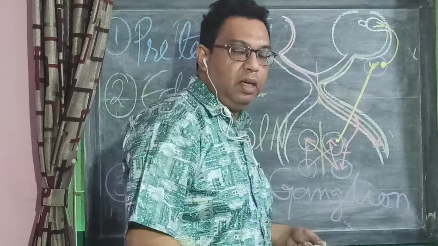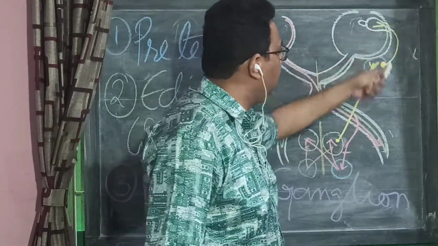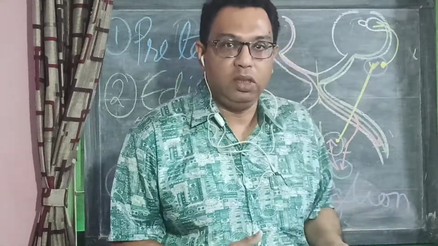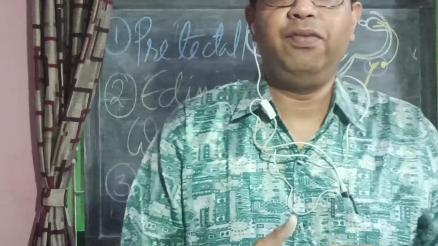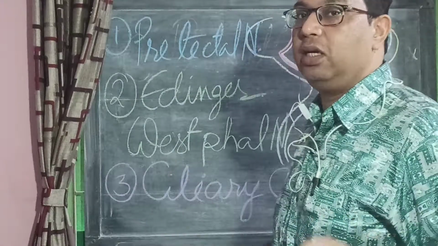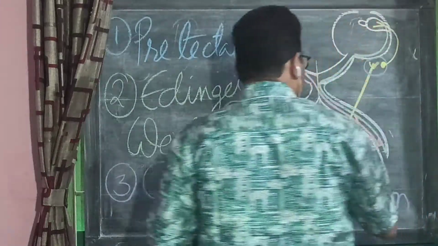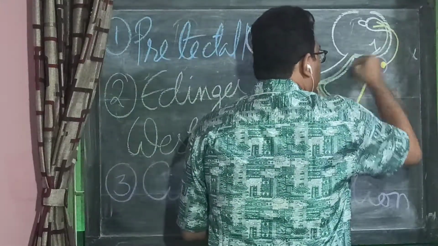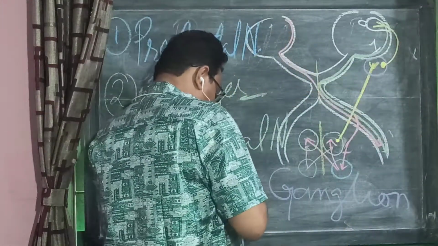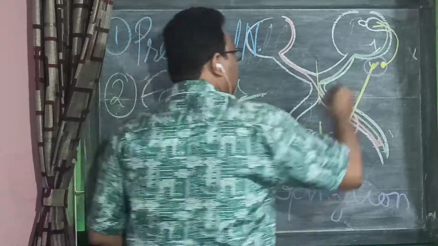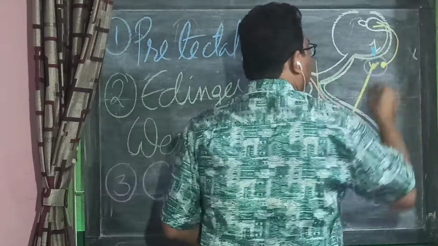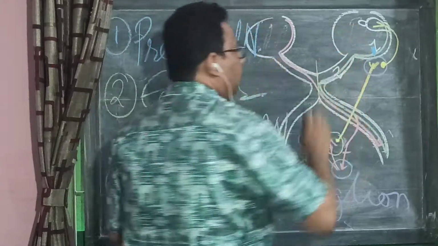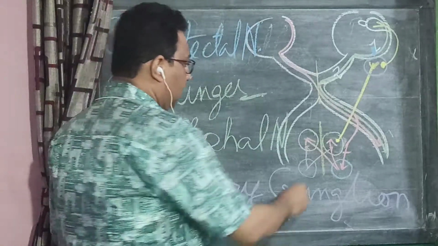The circular muscle in the iris will bring about a constriction of the pupil, and the ciliary body will also constrict, thereby loosening the zonules and allowing the lens to increase in anterior-posterior diameter. So anyway, here in this case, what are the components? The first component is the photoreceptor. Let us draw a photoreceptor here. So the first component being the photoreceptor. The second component being the axon of the ganglion cell.